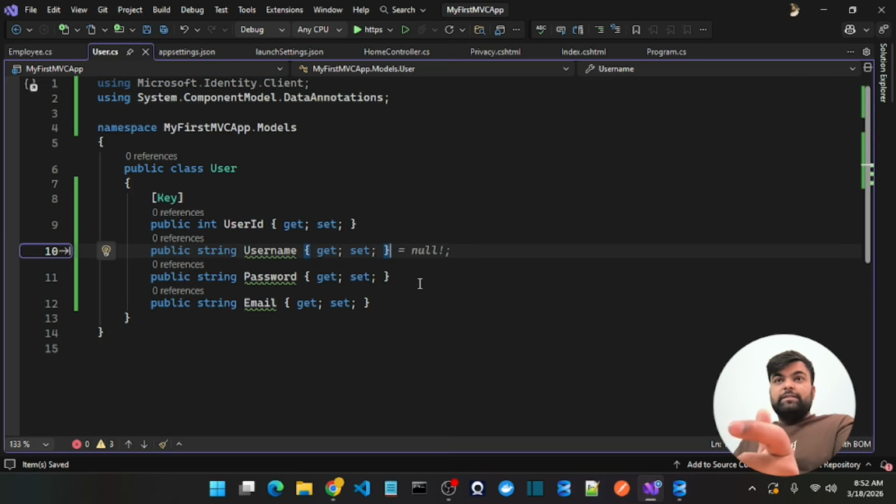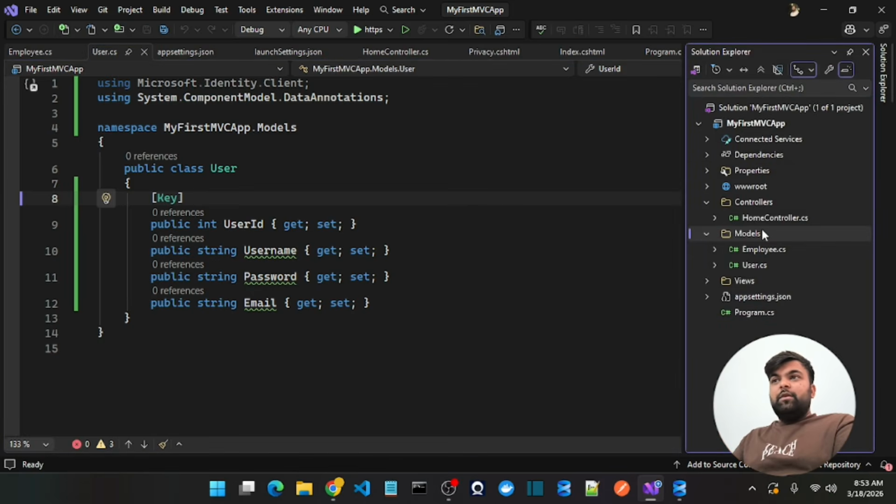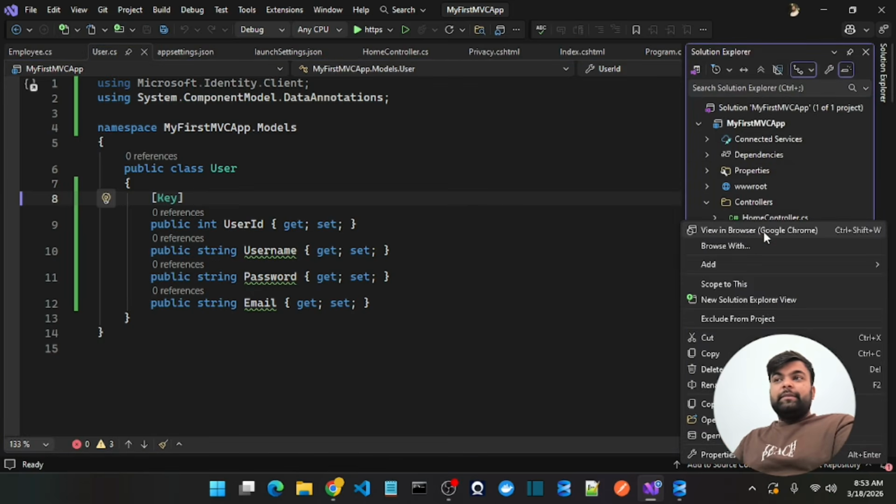Of course, guys, while you are working with login related things, we will definitely be required to enter the username, password, and email. Without these things, you are not able to enter your application. So we have added the two tables in our application. Now it's time to add the